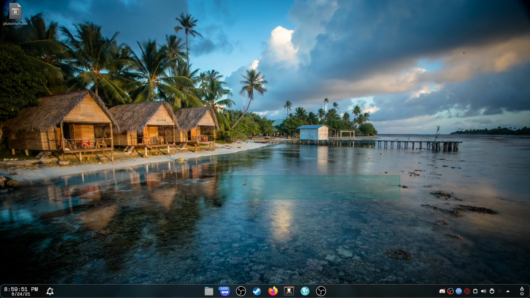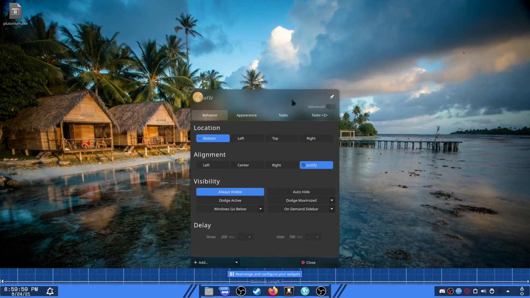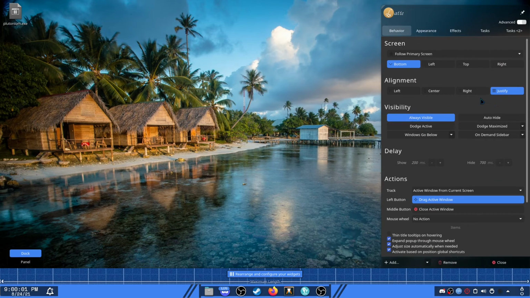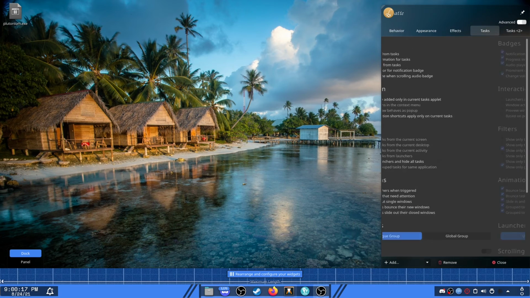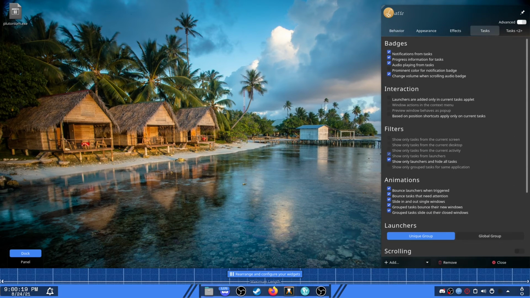So what about the dock? So I'm going in this. First I'll switch this to advanced. I have my digital clock over here, notifications. I have a justify splitter, another justify splitter. I have Latte tasks over here, an application launcher, and Latte tasks over here. But for tasks, there's two of them. I have one